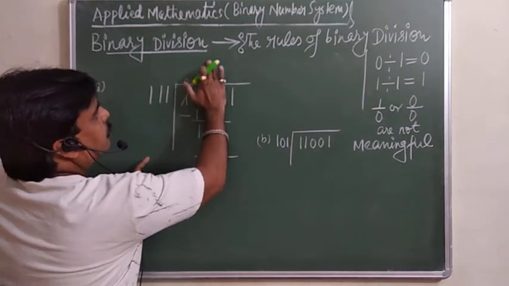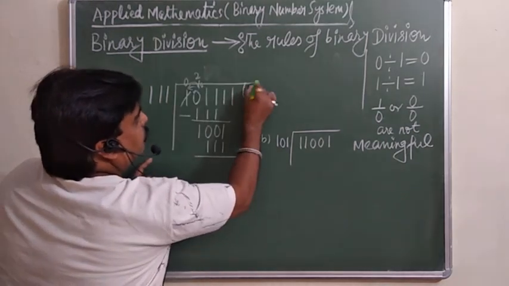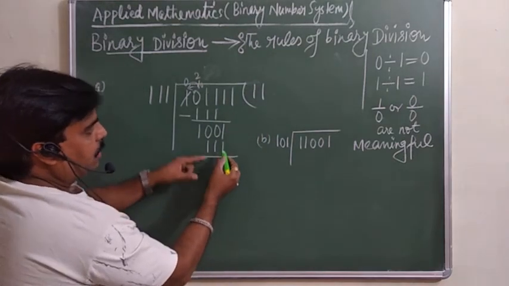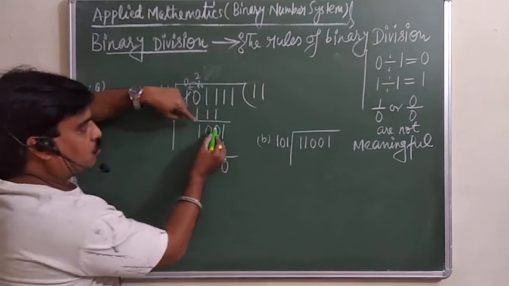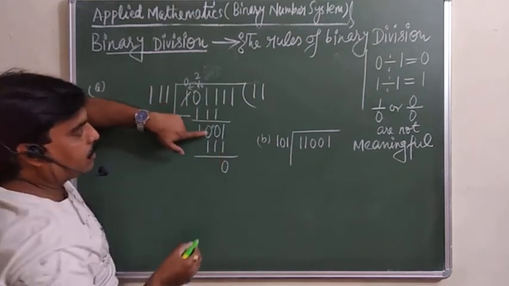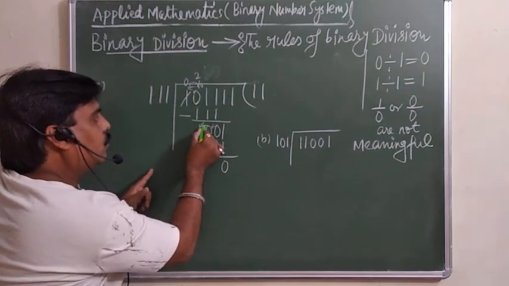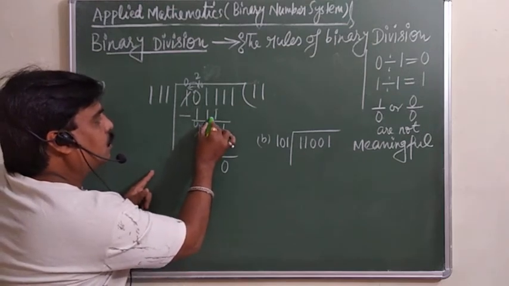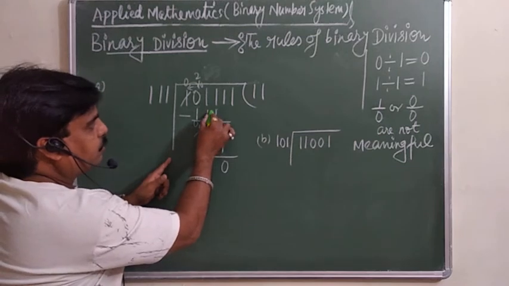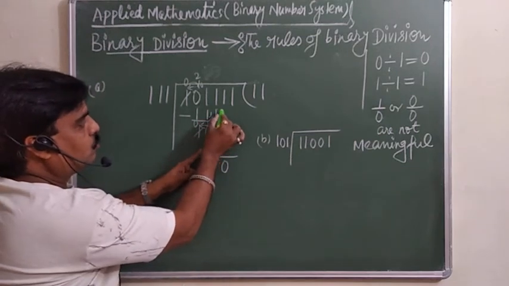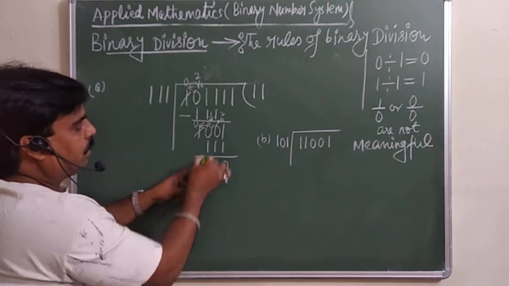1 time here. You can write this here only. 1, 1. Now 1 minus 1 is 0. Here is 0 minus 1. We cannot subtract. So what will we do? We will borrow from here. लेकिन यहाँ तो already 0 है, so it cannot give you. तो ये यहाँ से लेगा. Same method. So here it becomes 0. It becomes 10 means 2. Then from 2 again it becomes 1. We will take 1 borrow. 10 is here, so it will become 2. 2 minus 1 is 1, and 1 minus 1 is 0.